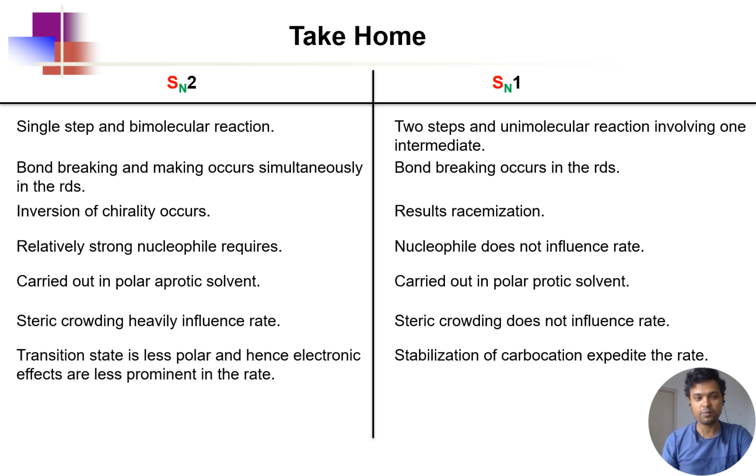Okay, so what is the take-home message? The SN2 mechanism is a single-step, bimolecular reaction. That's why it's SN2. SN1 is a two-step, unimolecular reaction involving one reaction intermediate. Bond breaking and bond making occur simultaneously in the SN2 mechanism. In SN1, the bond breaking step occurs first, which is the rate-determining step. Inversion of polarity occurs in the SN2 mechanism, and you have racemization in the SN1 mechanism, which is ideal